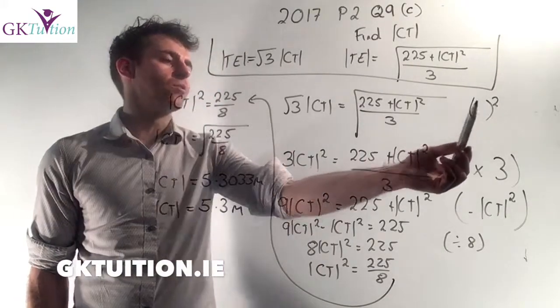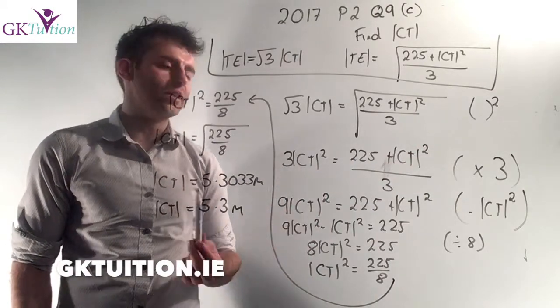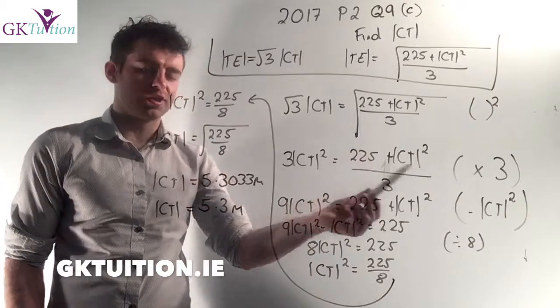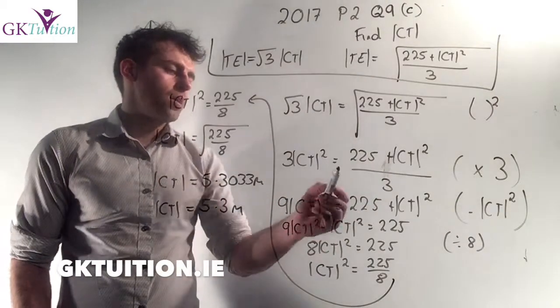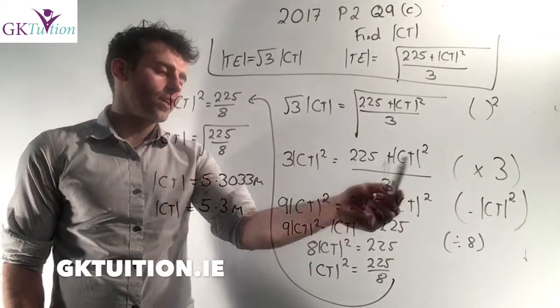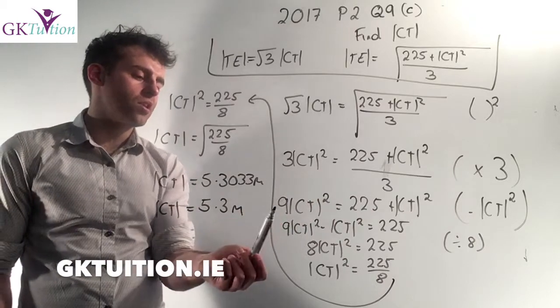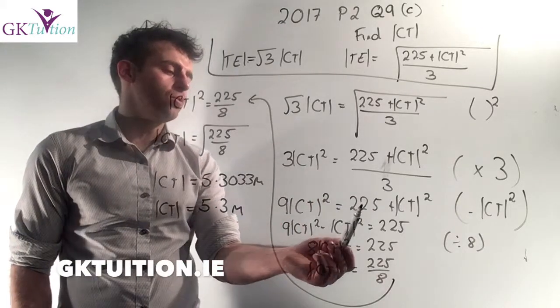The first thing I did here was I squared both sides. If you square the left, you get 3 times ct squared. If you square the right, the square root is just cancelled. The square root is gone. Now, in order to get rid of this fraction, I multiply both sides by 3, so the fraction just disappears on the right-hand side, but you multiply 3 by 3 gives you 9 ct squared equals 225 plus